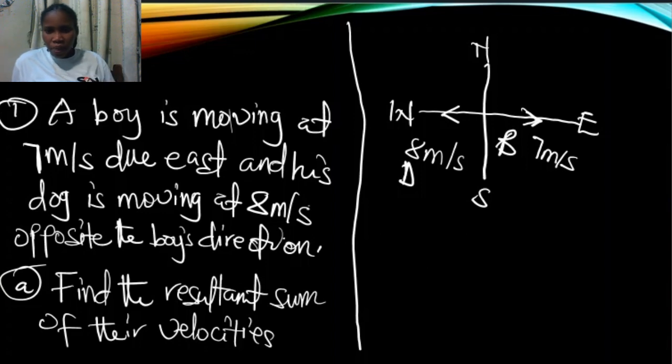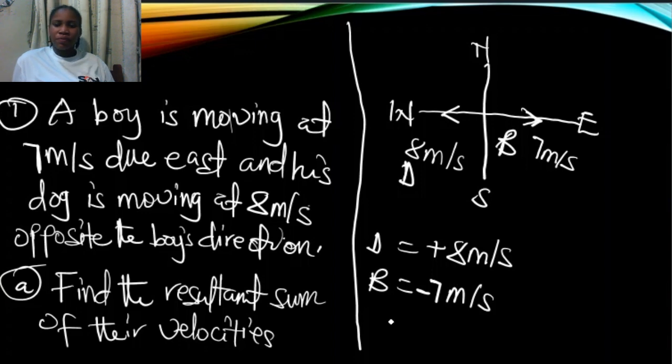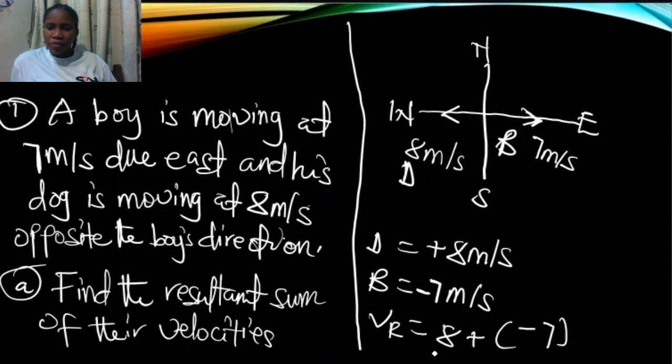So in this case, you see that D would be positive 8 meters per second and B would be negative 7 meters per second. Now adding these two vectors, we have 8 plus negative 7, and this would be equal to 1 meters